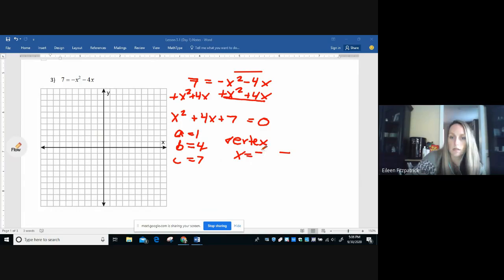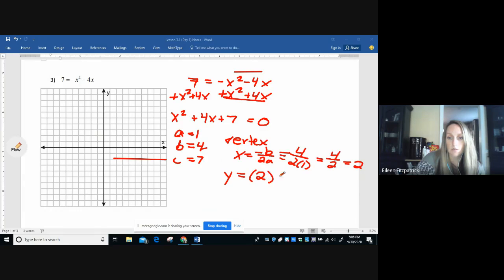X equals -b over 2a. So I have 4 over 2 times 1. It's 4 over 2, which is just a 2. To find your y value, you're going to write this function down, but replace the 0 with a y. So that is going to be y is equal to, replace the x's with 2's, 2 squared plus 4 times